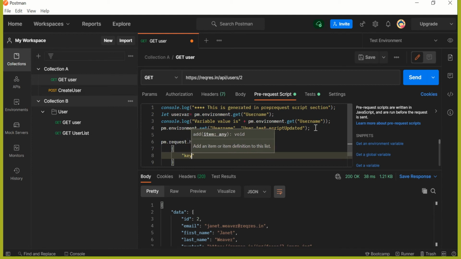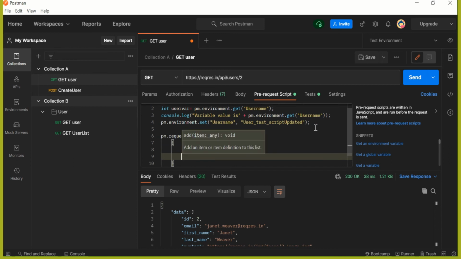So in this case key, and let's name this key as priority, and value as low.